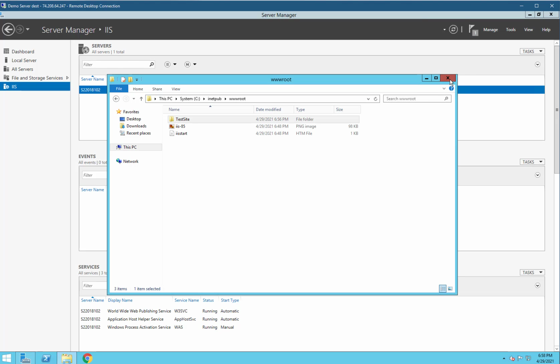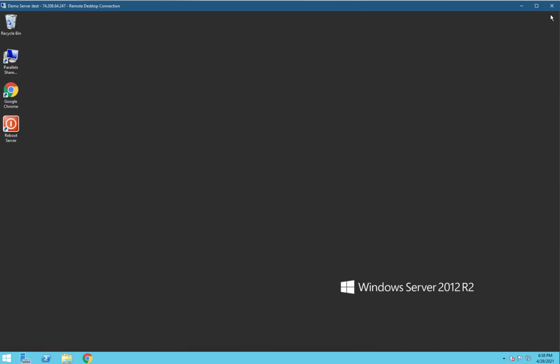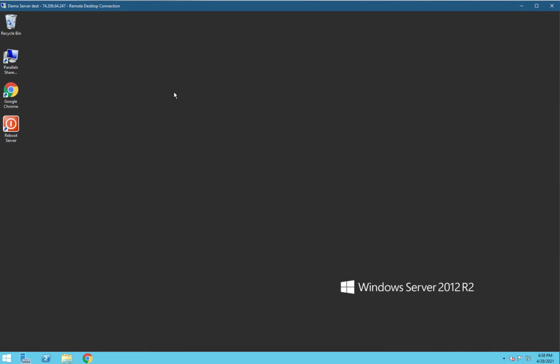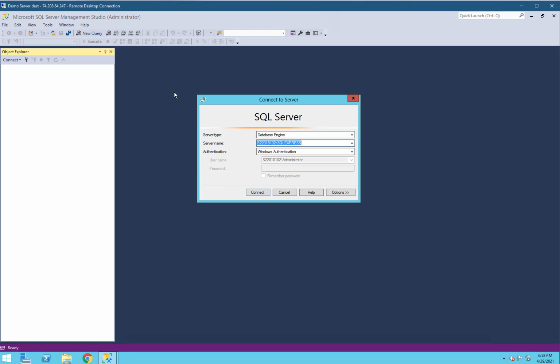And now we need to do some setup items for SQL Server as well. Because you saw at the end of the last video, we had SQL Server set up, which is fine. We've done everything we need to do, all the basic setup steps. Except if we try to access SQL Server from another computer, we won't be able to. And that's because we have to do a couple of things here. We have to set SQL Server up for remote access, and we also have to